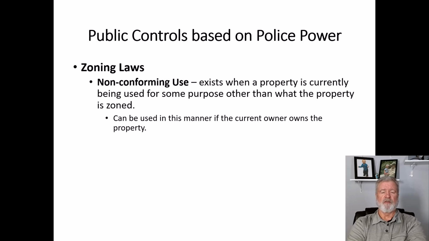But what you want to be careful of here is if that property owner decides to sell the property, then this needs to be disclosed to potential buyers: you can't buy this house with the expectation of living here, because they've changed the zoning to commercial or some other zoning. So whoever buys it will now have to comply with the new zoning requirements. Okay, but that's what non-conforming use means.